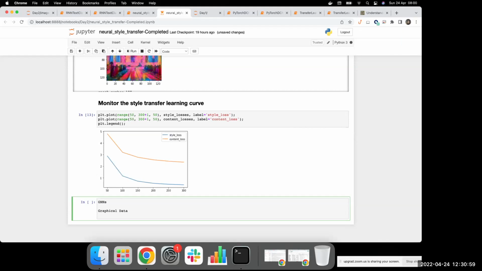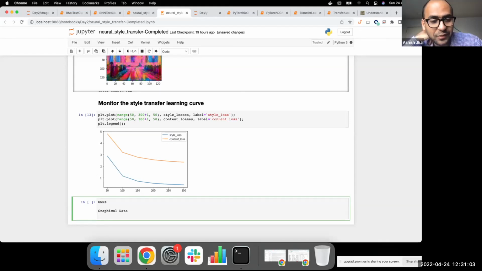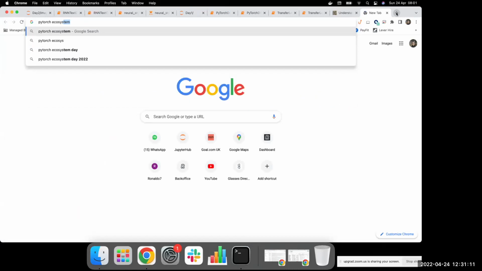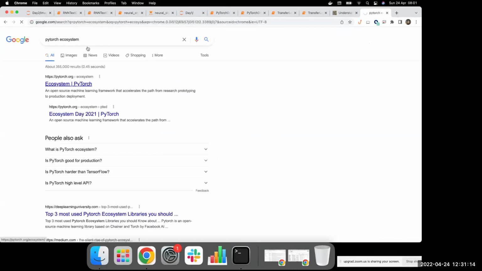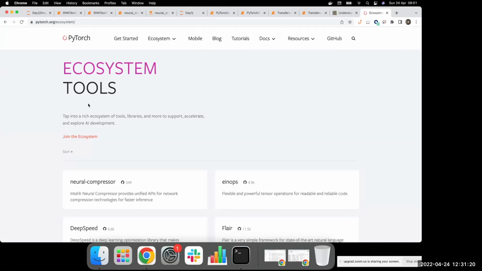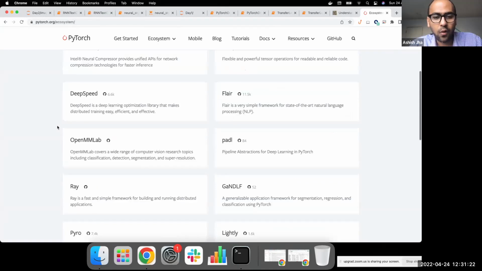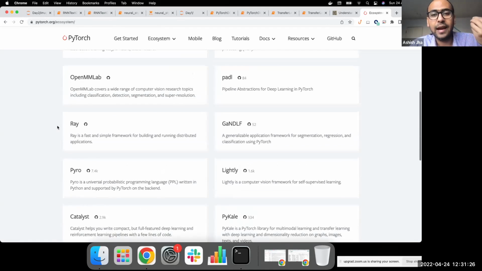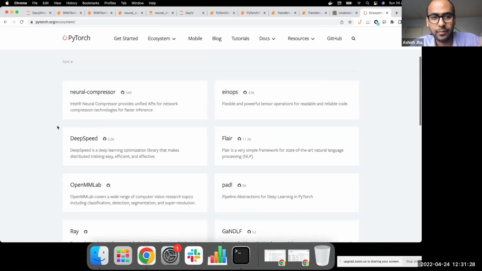Have you tried PyGeometric? I think there is a library. Yeah, exactly. I was going to mention it. They have this. I highly recommend, before we sign off, that everyone also visit this page, PyTorch/ecosystem. This page maintains a list of all the best libraries that can be worked together with PyTorch.